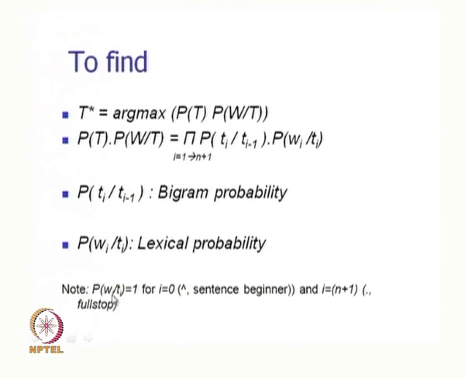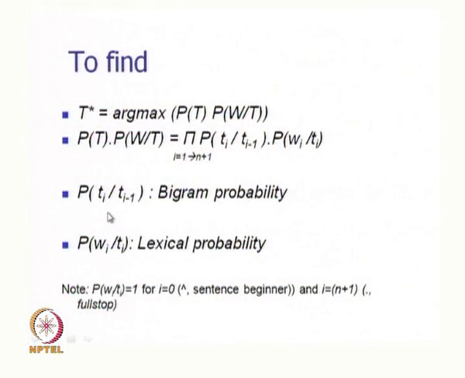So, we note that P(W_i | T_i) equals 1 for i equal to 0, where the lexical item is the hat symbol, which indicates the sentence beginner, and at i equal to n plus 1, that means the last position, the tag is the dot and the lexical entity there is the full stop. Okay. So, this particular derivation was done in 2 classes, if you remember,